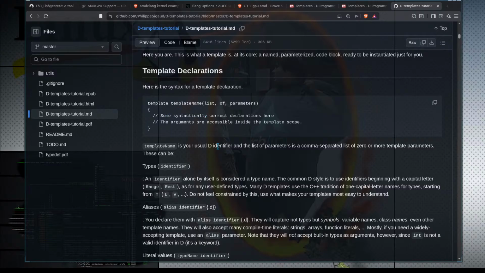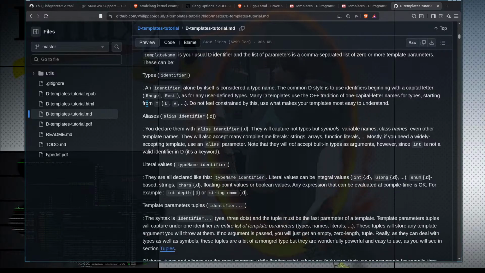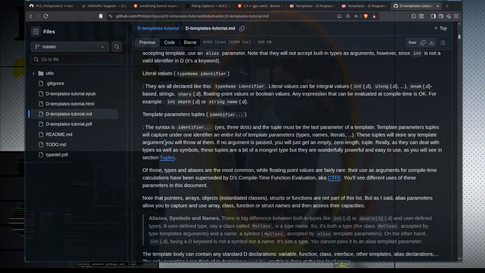All right, so the template name is your usual D identifier. An identifier alone in itself is considered a type name, like int. Alias identifier, you declare them with alias identifier. They will capture not types but symbols, variable names, class names, template names. It will also accept many other compile time literals, literal values, type name. Literal values can be integral, base, strings,